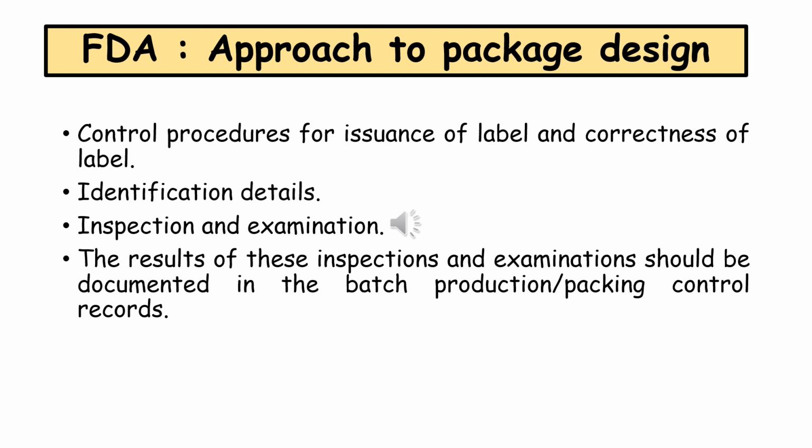So the guideline states that the packaging department should have the documented procedure designed to ensure that the correct packaging material and correct labels are used for that particular dosage form. And all the packages and labels should have a name or identifying code, batch number of the product, and storage conditions. And after the packaging and labeling operations are finished, the QA person should examine and inspect that to ensure that the correct label and correct packaging material is used for that particular finished product. And the results and details of all this examination should be recorded in batch production or control records.